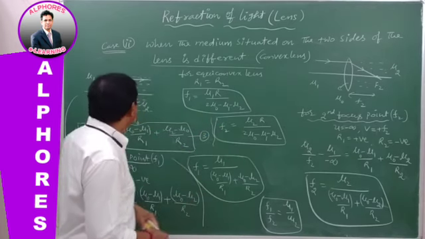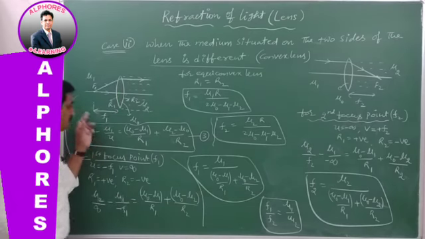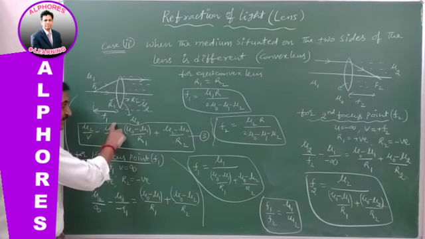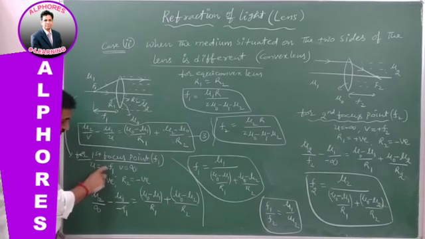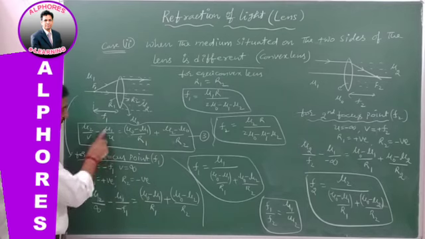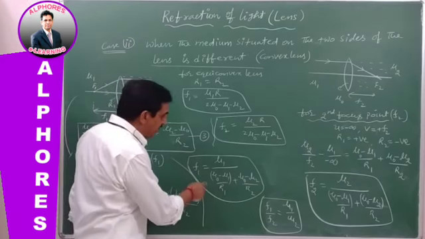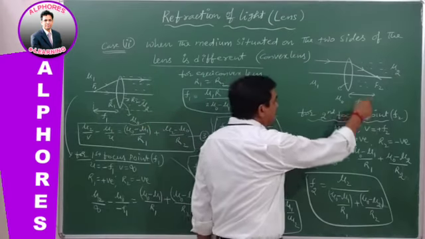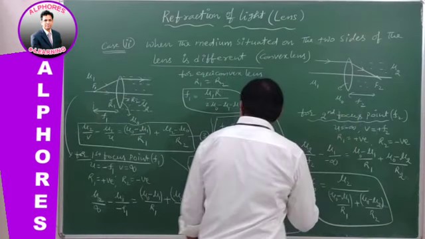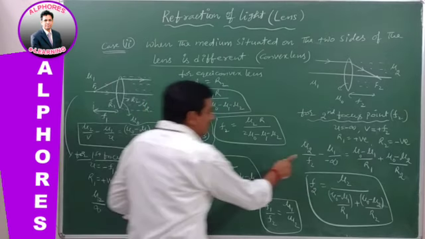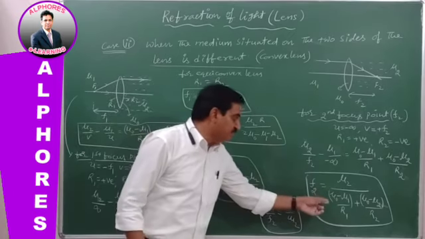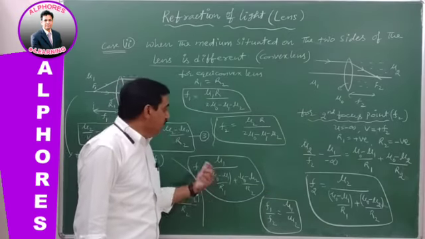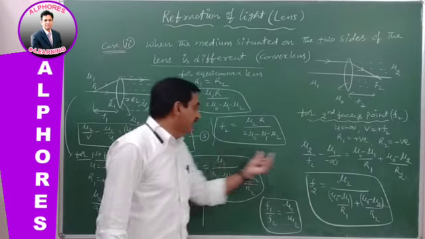One more point I would like to reveal. See here, this is the first focus point, this is the final formula, and using this final formula for the first focus point, sign convention is to be used, and by simplifying this equation you will get the first focus point. Similarly for the second focus point, sign convention is used and substituted in the same formula. Then by simplifying you will get the second focus point. And observing these two focus point formulas, the only thing is the denominators are the same and the numerators are different.